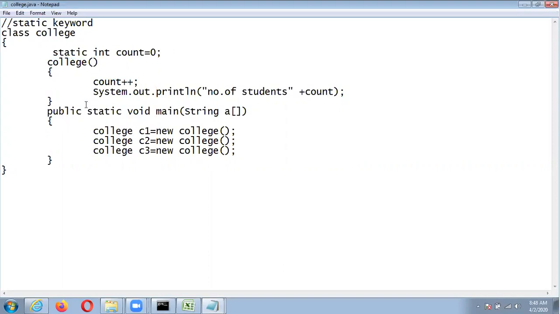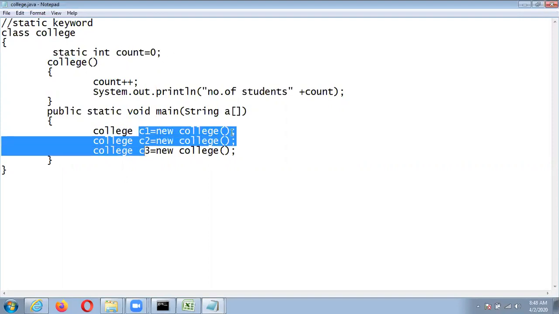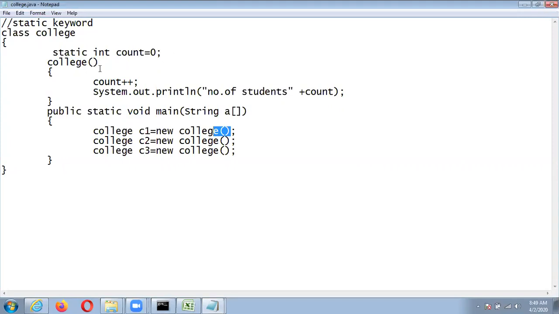So here also we can access this count variable without using an object of the class. Here we are creating 3 objects, and for each object it will call the default constructor. So it will increase the count by 1.